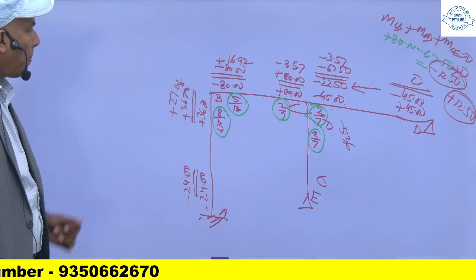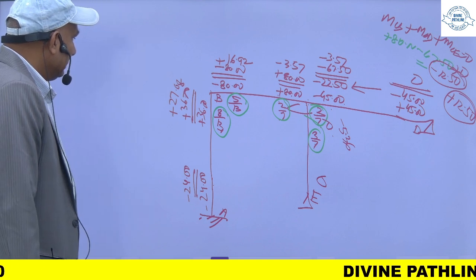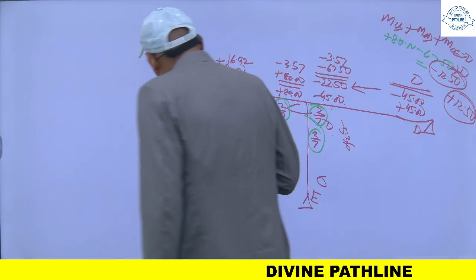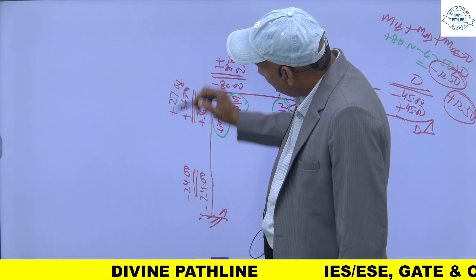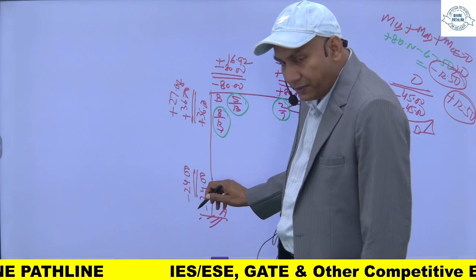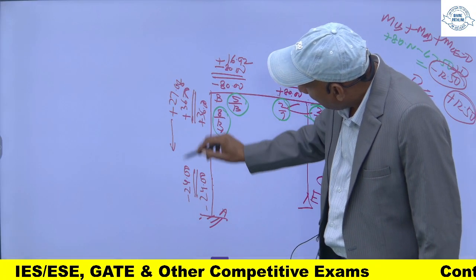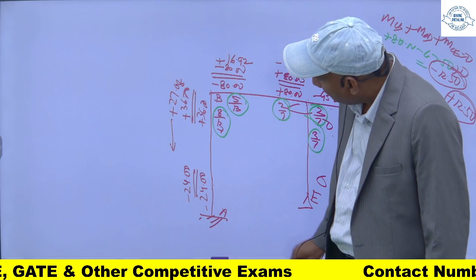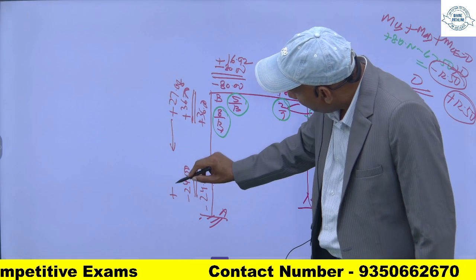So now this moment you have applied at this point. When you apply a correcting moment and the other end is fixed, half of this will transfer at this point. So it will be plus half of this, which will be